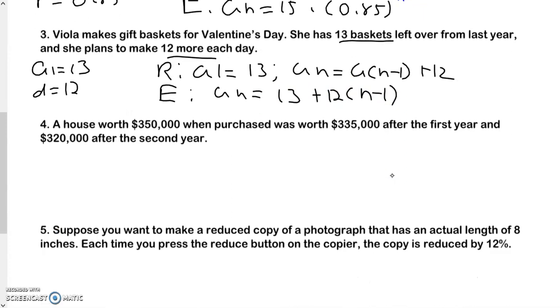A house is worth $350,000 when purchased, it was worth $335,000 the first year, and then $320,000 after the second one. So I see that it's going down. It's definitely a decrease, and I know that the first price is this. But I also notice that it's going down. So my common difference would be a negative